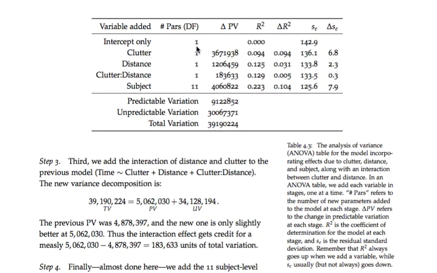Well, an intercept only, that's just like the sample mean. And so our R squared by definition is 0. And our standard deviation, that's like the original standard deviation of the y variables, is 142.9. All right, and now as we add clutter and then distance and then the interaction and then the subject level